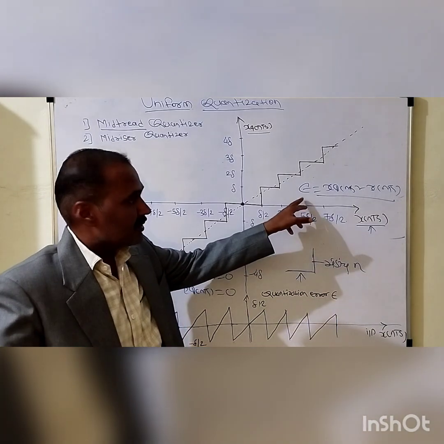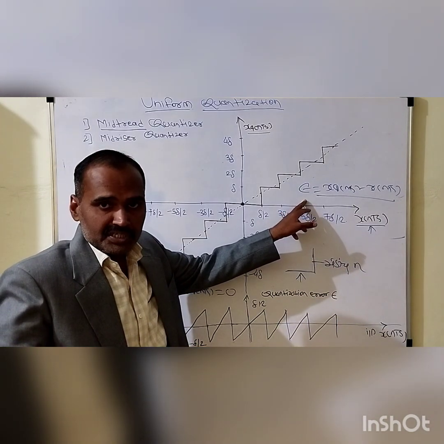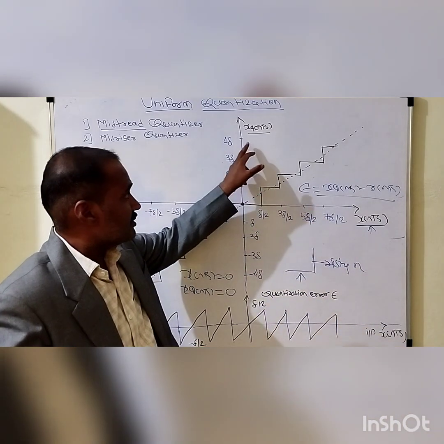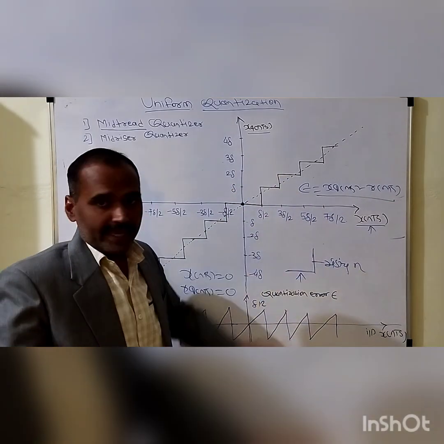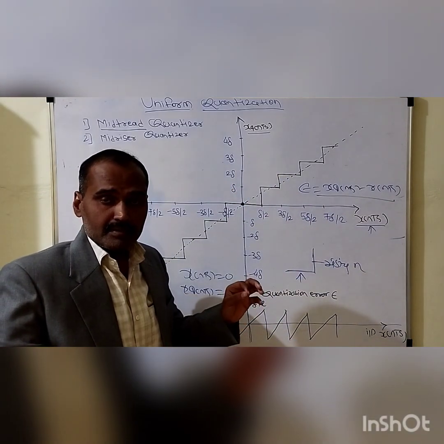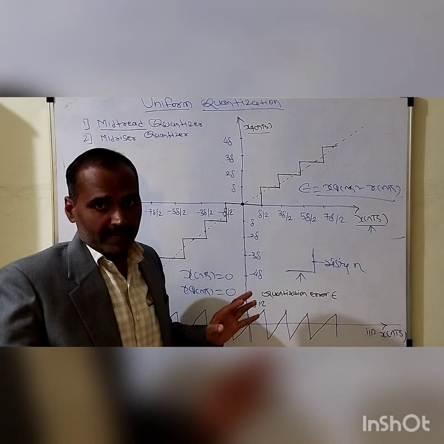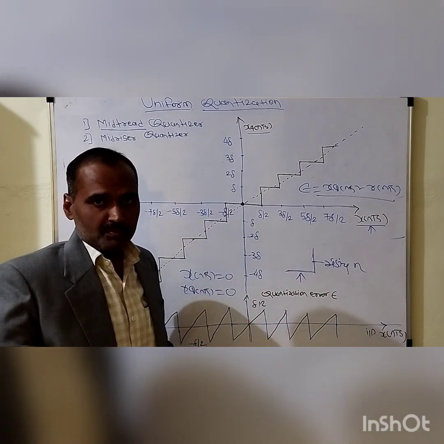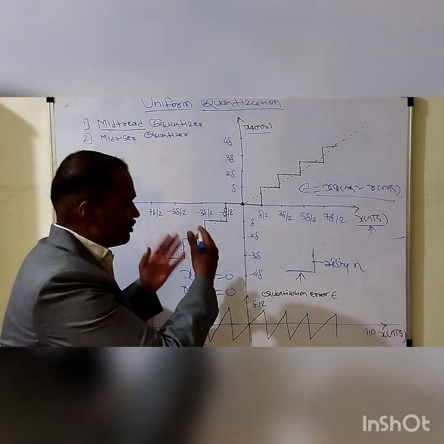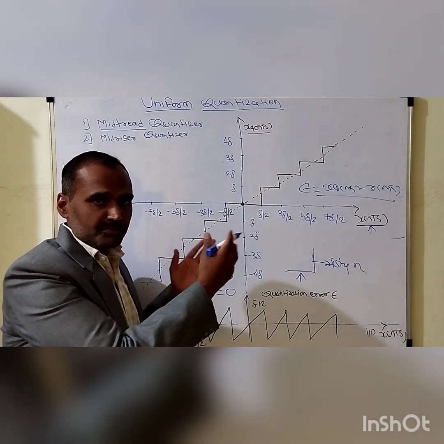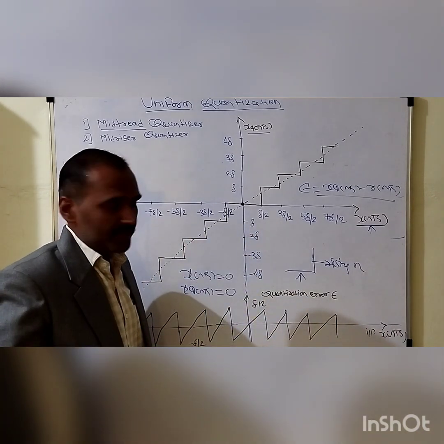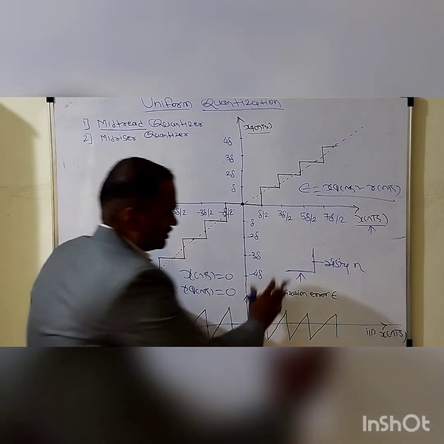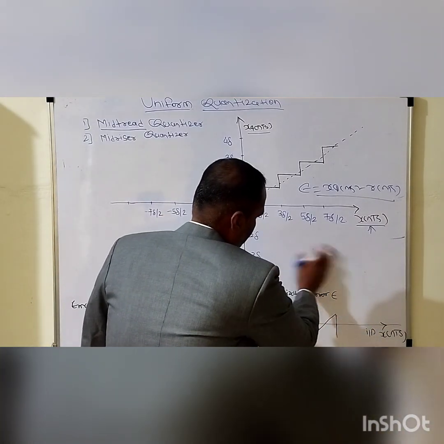What we need to remember is that the quantization error is nothing but the difference between xq of nTs and x of nTs for that particular instant of time. So at the origin, the quantization error is exactly 0. Now, as the input approaches a certain positive or negative value, suppose when this x of nTs